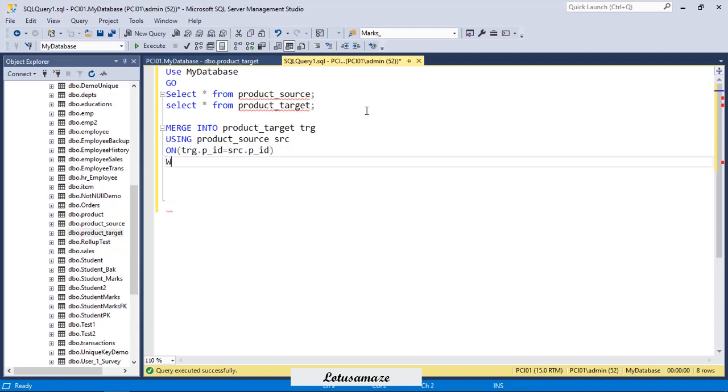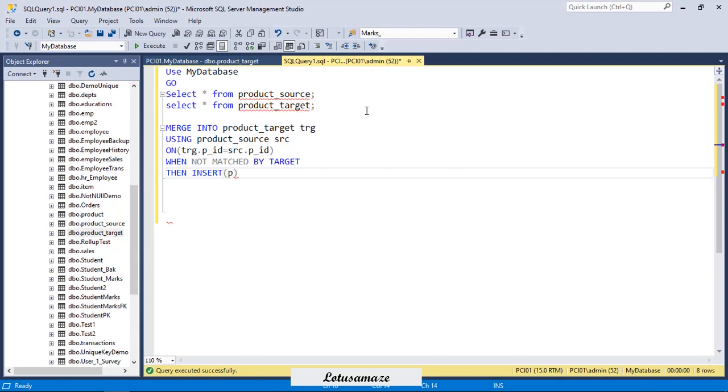So when not matched by target, it means if the data does not exist in the target table, then insert, and the list of the columns, which values you want to insert in the target table.